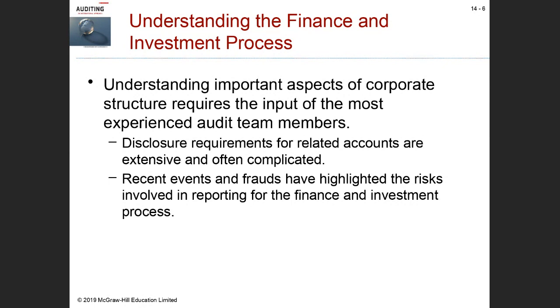So the most common example that we use is Enron, which was a company back in 2002, 2003 that went bankrupt in the United States. And typically there was a major fraud going on there. But there were also frauds, if we think back to the financial crisis in 2008, 2009, involved with respect to how certain material transactions in the financial cycle for certain companies, such as Lehman Brothers, were being improperly recorded for financial statement purposes.